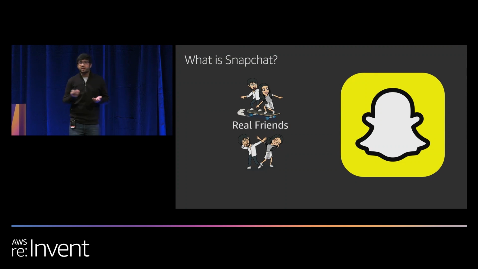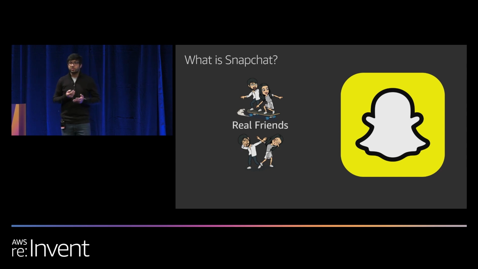So our product is largely built around communicating with your real friends. These are the people that you can be authentic with, who you can really be yourself with without thinking too much. All messages and photos and videos on Snapchat are ephemeral, and we think that lends an authentic feel to the communication that you have. People tend to be more real when what they're saying isn't going to be recorded on the internet forever.